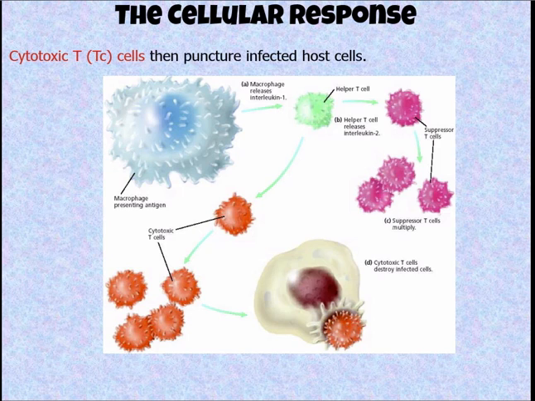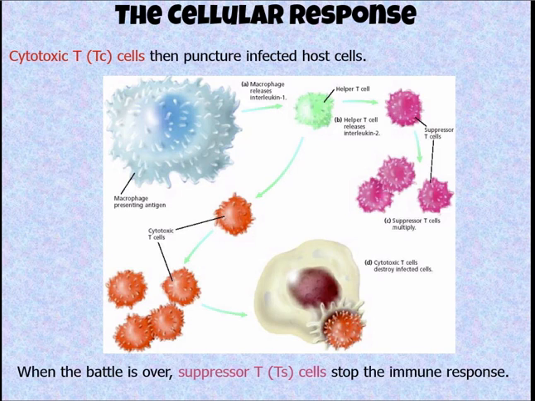If you look at the diagram, you see the large macrophage. It has released interleukin-1 to a helper T cell. The helper T cell then releases interleukin-2. That interleukin-2 spurs on or encourages the cytotoxic T cells to start dividing. The cytotoxic T cells then go directly to infected cells and poke holes in those infected cells. So any cells that are harboring, say a virus in this case, they're